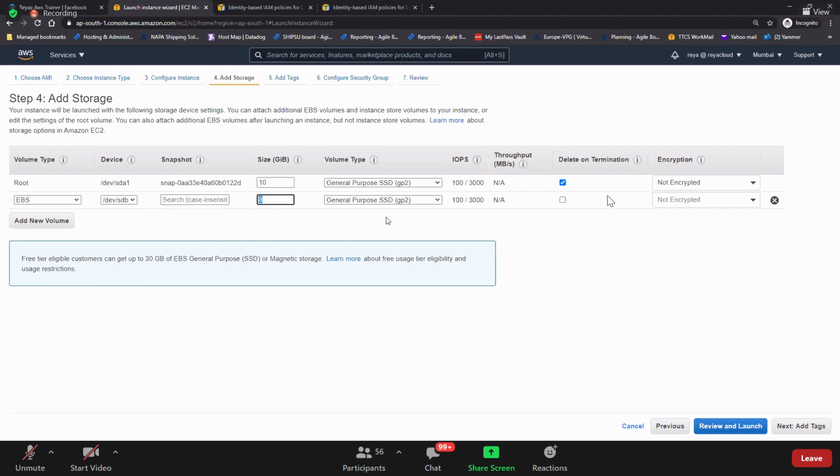Do you remember what volume types the root and additional volumes support? All of them: GP2, GP3, IO1, IO2, SC1, ST1, standard. And if you terminate the EC2 instance, will your additional volume be deleted? No. Why? Delete on termination is unchecked, and it is not encrypted.